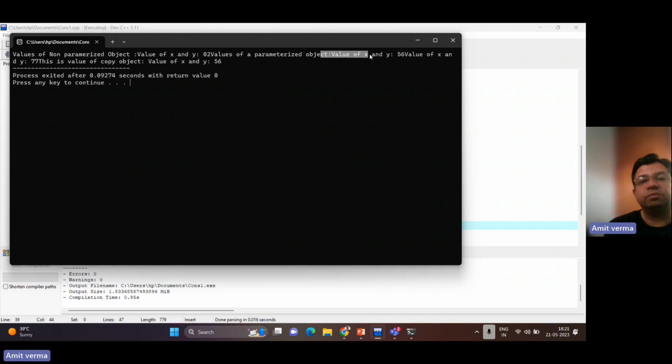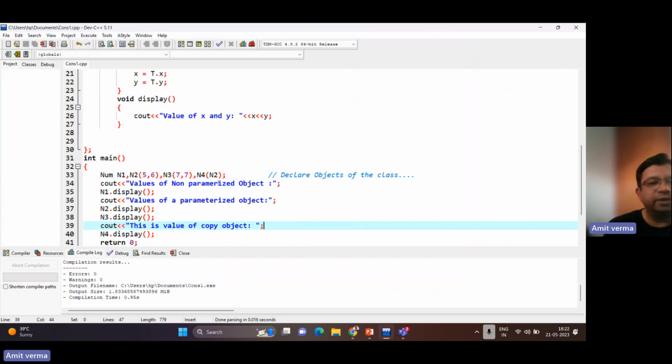Here, this is equal to object N2. Okay. So we can see that the N2 object is exactly copied into N4 object. And this is the job of our copy constructor. We can make it more understandable by writing that values of